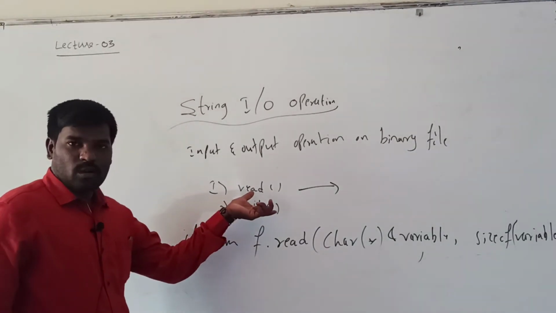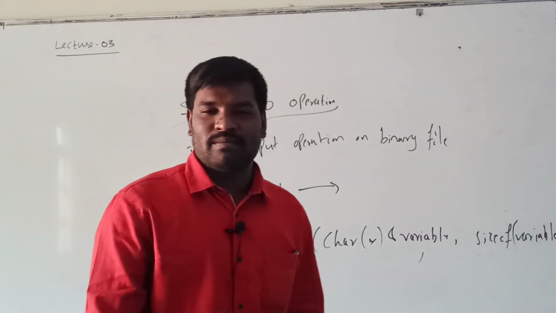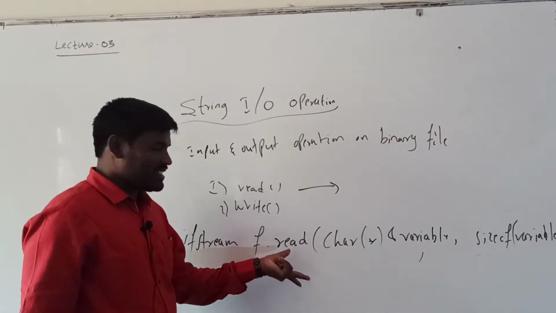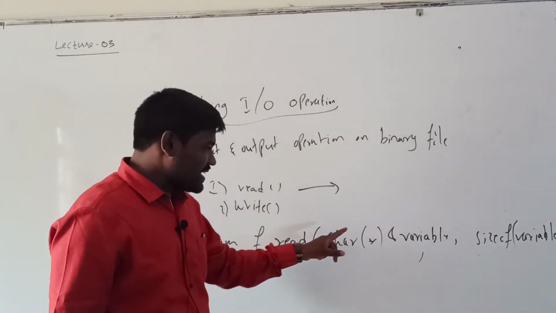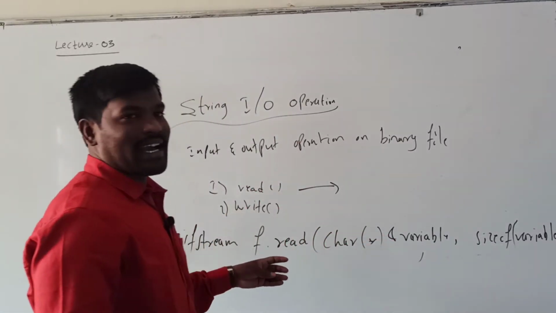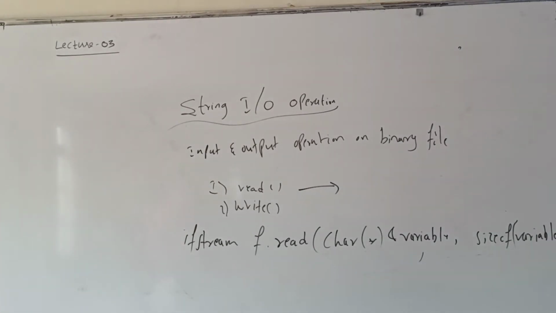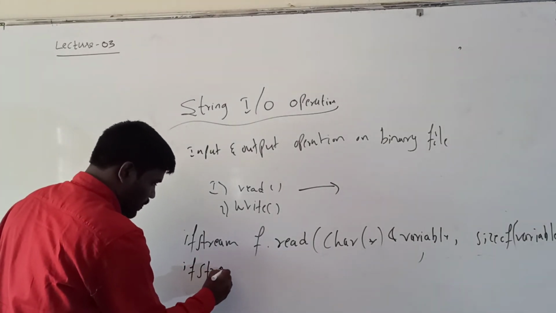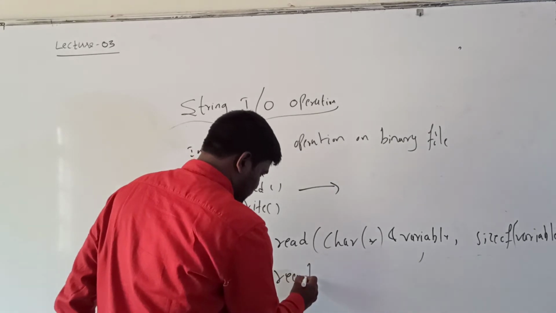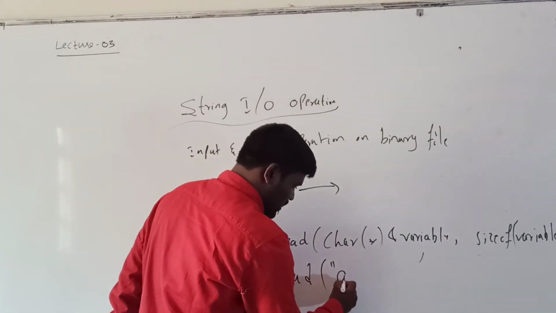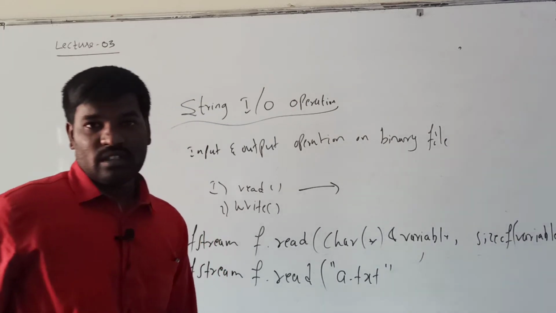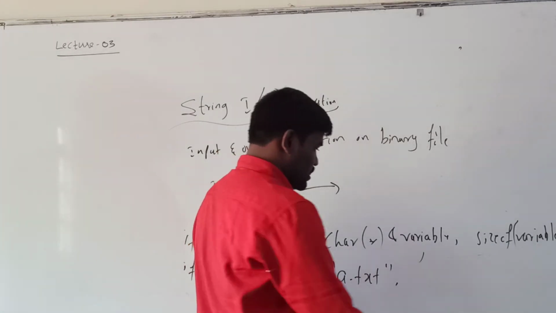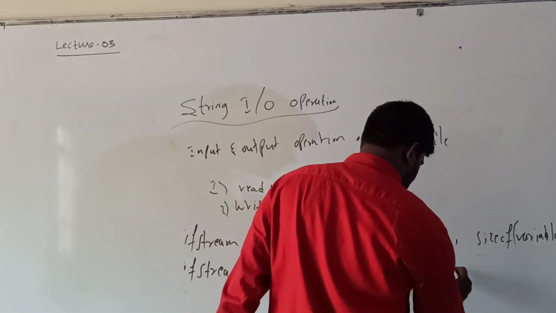So ifstream, obviously read belongs to the ifstream, that is the input file stream class. f object dot read, directly I can write read. Here char star means here we have to mention the name of the file. For example, see here, ifstream f dot read in the bracket of double quote a dot txt double quote,